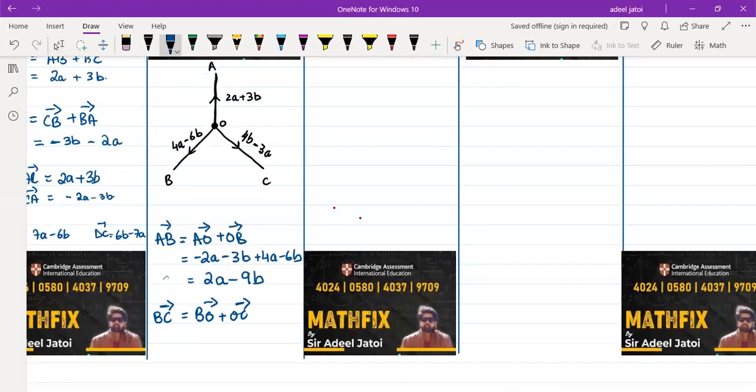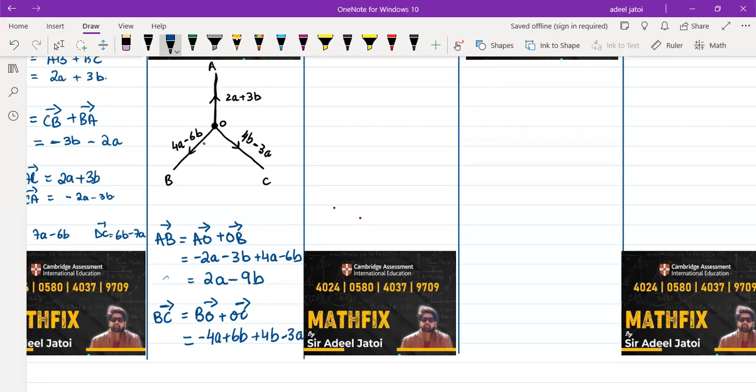If we are going to BO, we are going opposite to the given direction, right? We need to go to BO, but the direction is downwards. So the sign will eventually change, which will be minus 4A plus 6B. And OC is the positive direction, plus 4B